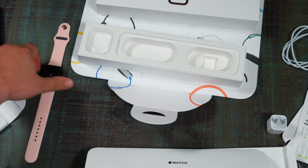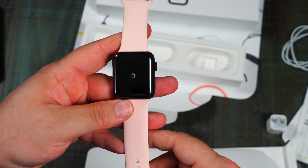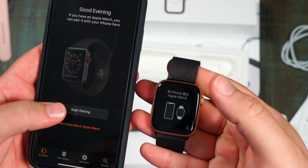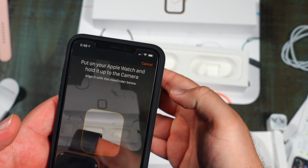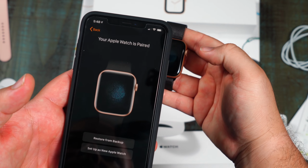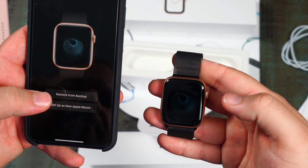First things first, we have to unpair our current Apple Watch. This is something we have to do in order to get your new one working. Now, I have it all unpaired. I went ahead and paired up my Series 4. Apple makes this really easy for us. There's an iCloud backup of our previous Apple Watch settings and apps. Simply select the one you want to use, click on it, and it restores everything for you as if it